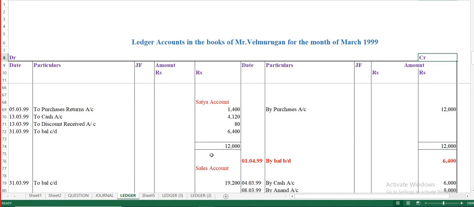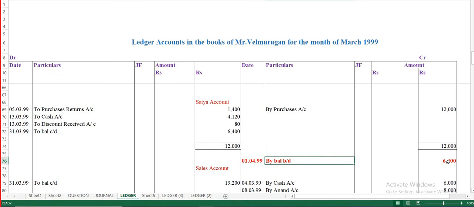Okay, if it had been a full settlement, Satya account would get tallied. Both the debit and credit columns would get tallied. Okay, it's full settlement of his account. If you come across that kind of transaction in your journal, then it would have got tallied here. But like that tally, full settlement, you would not have come across in your transactions. In that case, you are carrying forward to the next month also.